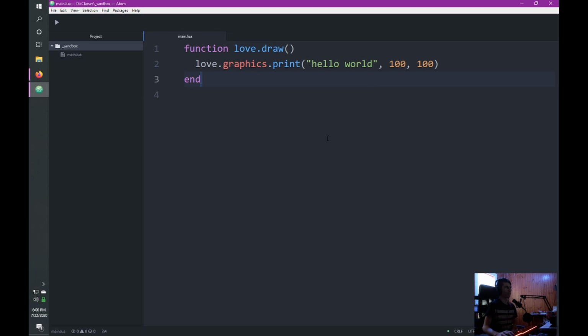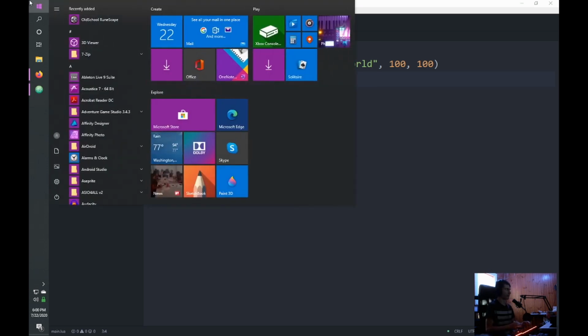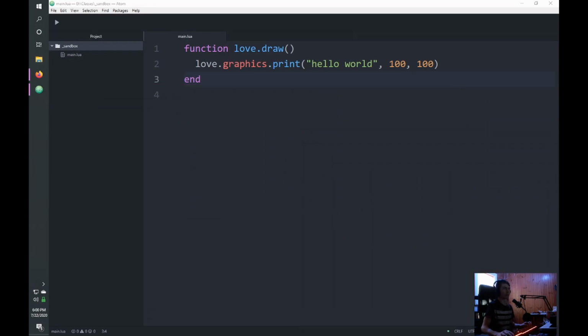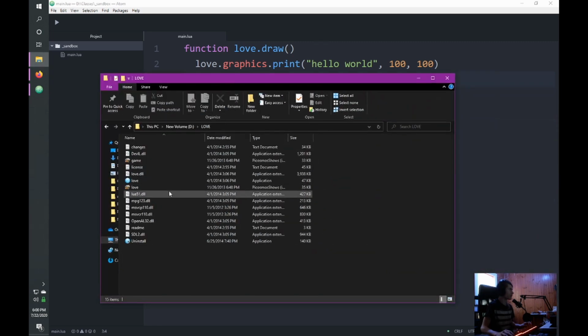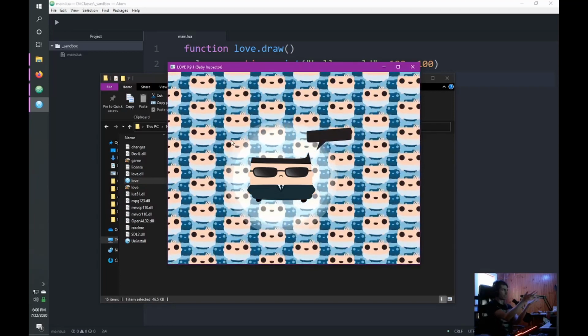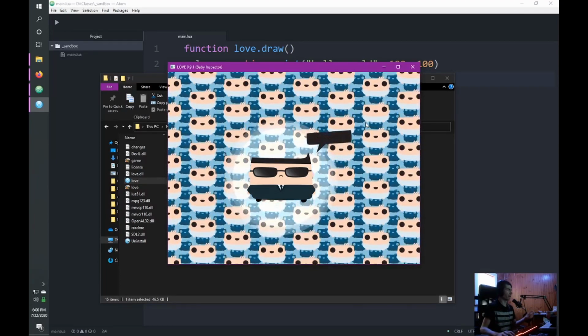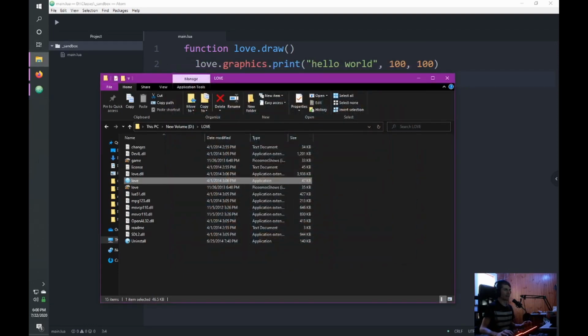If you're not using Atom, you need to know where the Love directory is. So, again, I'm going to do this off Atom. We have this thing that says Love, wherever you installed it to. Mine's just in drive D, Love, and then it loads up this if you click on it when there's not a game installed. Again, super cute. But if you have a game file,